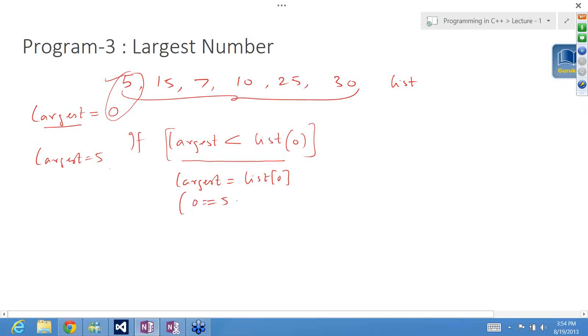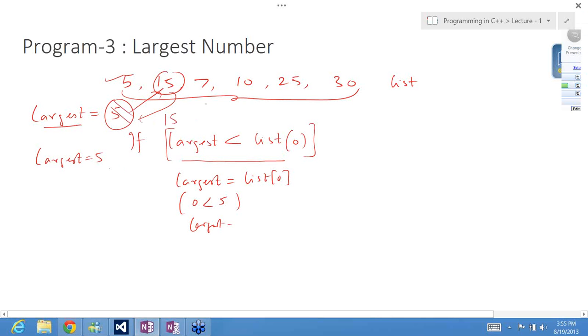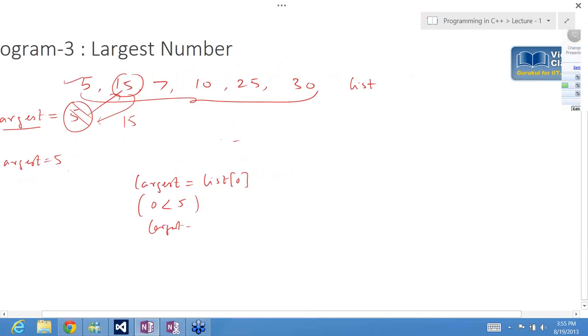If 0 is less than 5, yeah, 0 is less than 5, this condition is true, then largest equals 5. Largest is set to 5, and now after this largest is 5. After this we compare largest with the second element in the list. Again the same logic: if the element is more, then copy it to largest. So the value of largest will become 15. Right, in the second instance the value of largest will become 15, and then we compare 15 with 10, with 7,